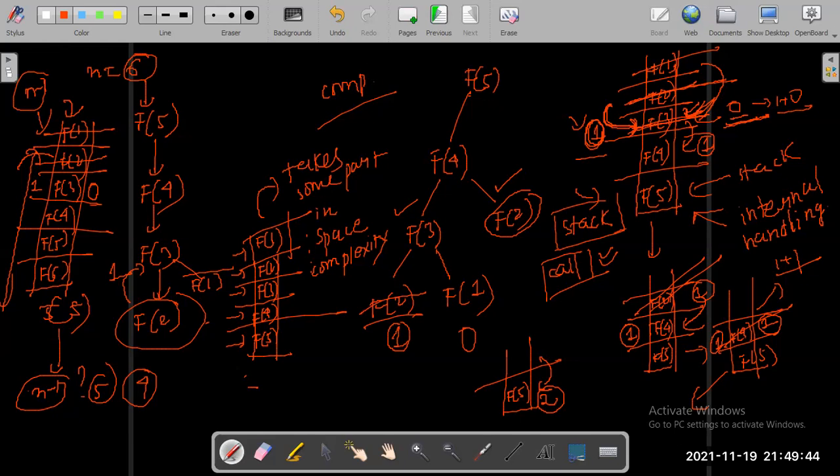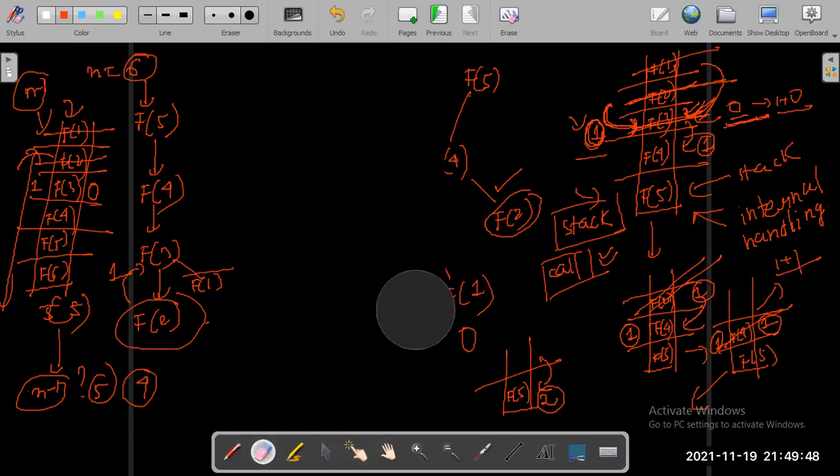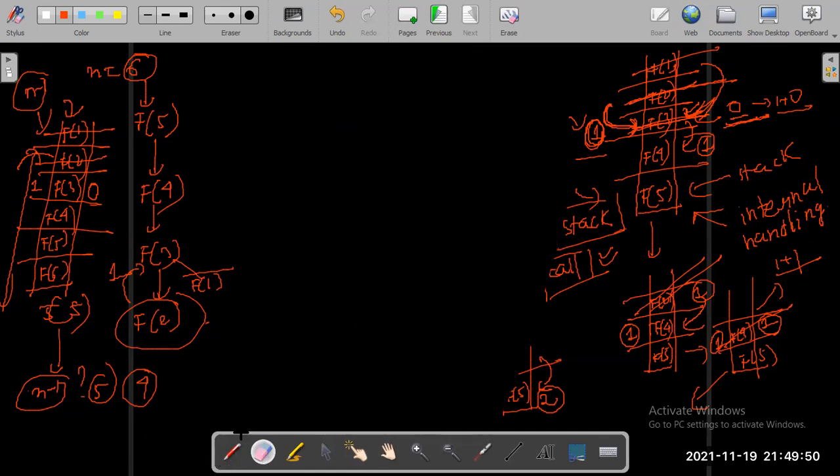Let me just wipe out a little bit. Now see, f of 3 has got both the values. Am I correct? 1 and 0. So it will calculate itself to be 1 plus 0, that is 1, and it will return to f of 4.